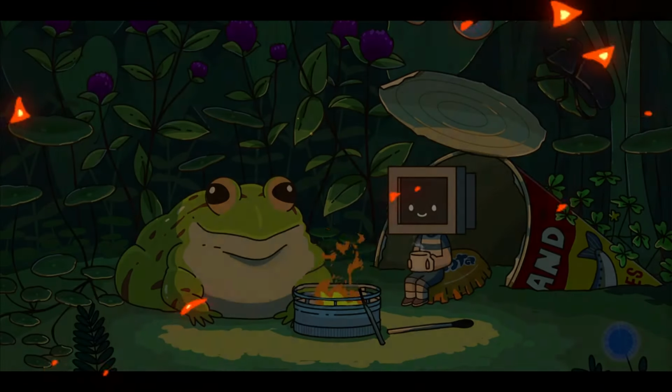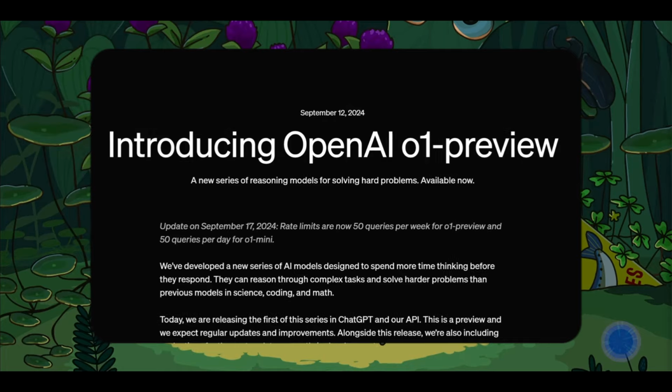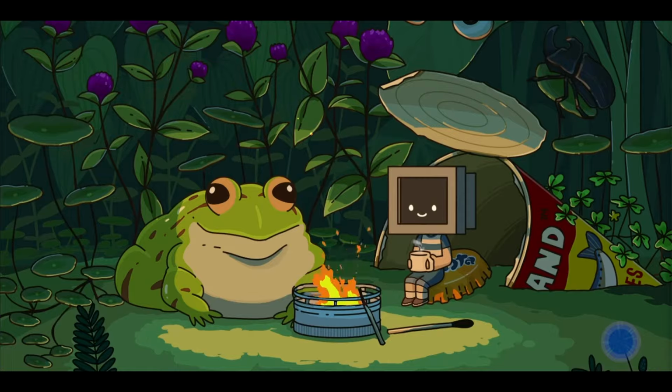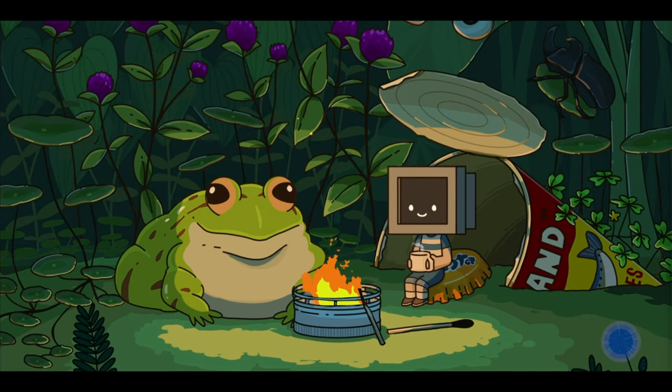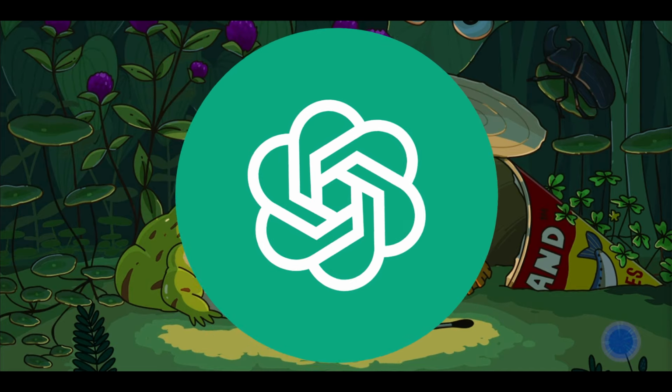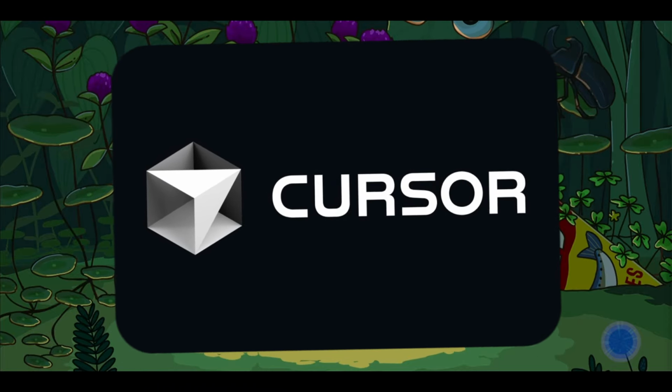So it's been a few days now since the release of the OpenAI O1 preview and the mini models, and people have been able to create full-on apps with it. Now, how may they do this? Well, it's simple: having the O1 model integrated within Cursor and using the Composer feature to code out the full